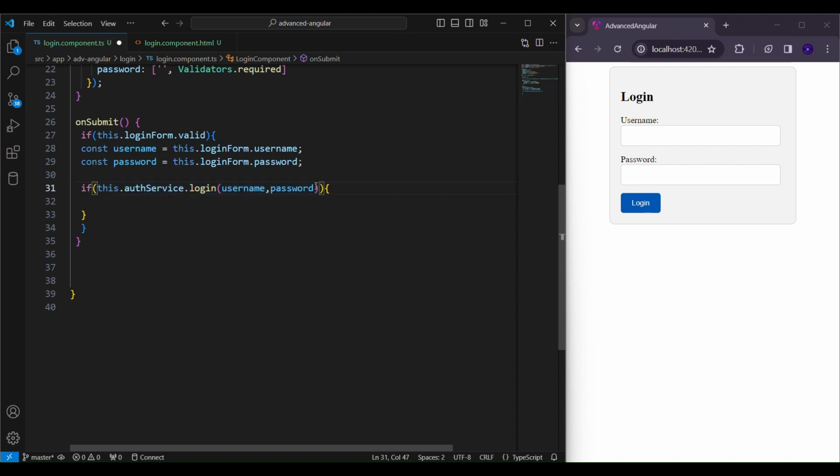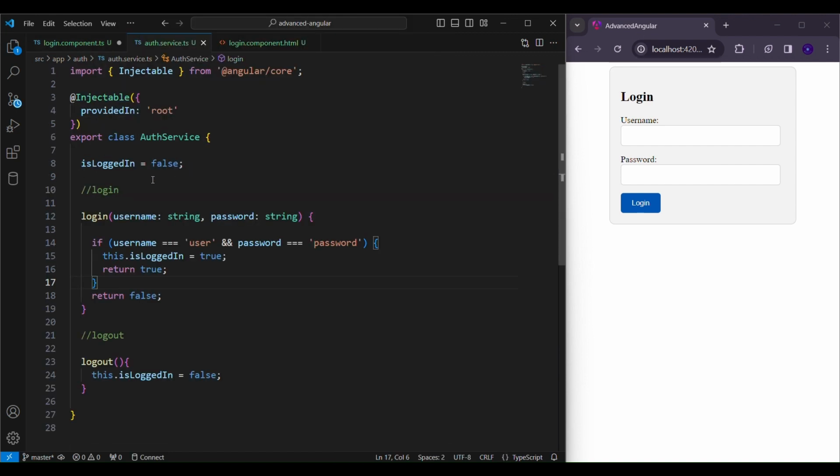Suppose this is the username and this is the password. If this condition returns a value true,